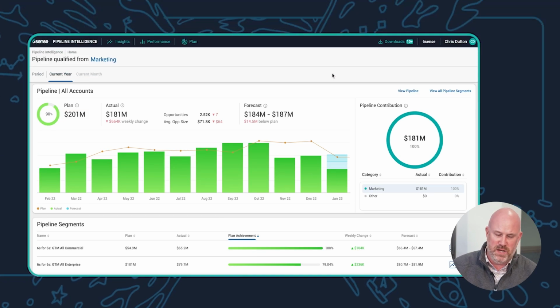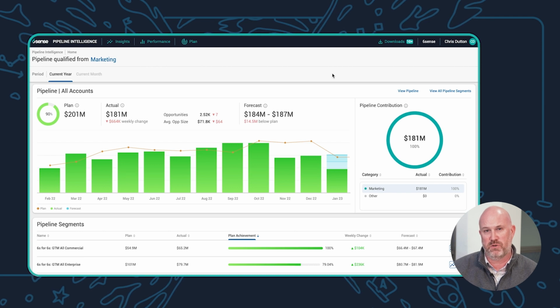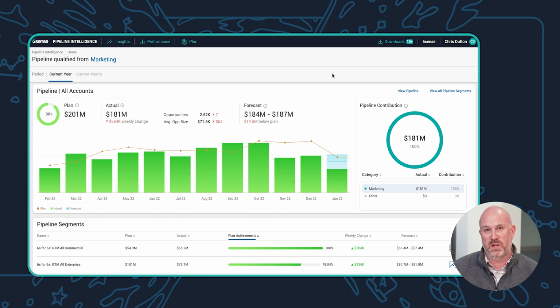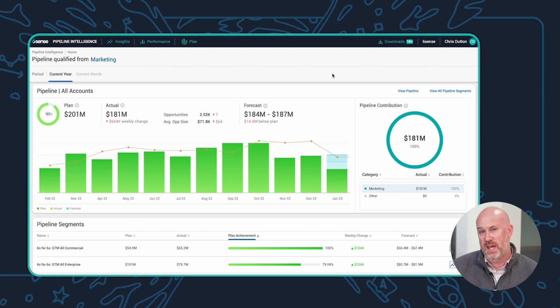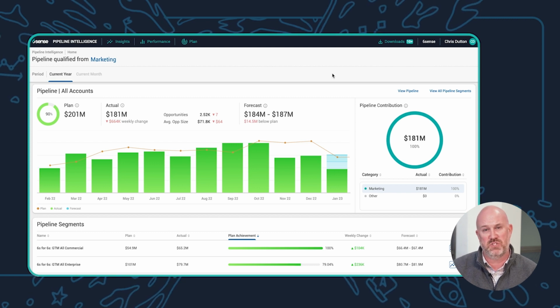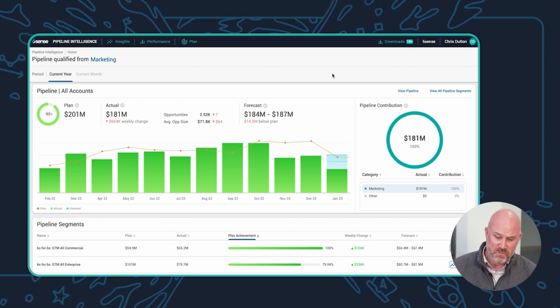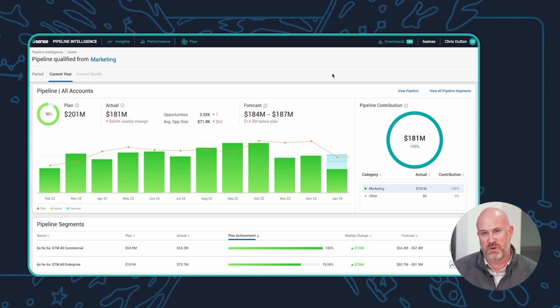What you're looking at now is a model that is basically showing us how much pipeline we have to go and create in order to hit our revenue targets. And the way that we got to this plan was we loaded in all of our revenue targets for the year, and then we modeled back a look back period to say, hey, I want to know what we did and how we performed over the last 2 years, and we're going to use those assumptions. And what you're seeing here in front of you are exactly that modeled out. So as an organization, I now know the amount of pipeline that I have to go create in order to